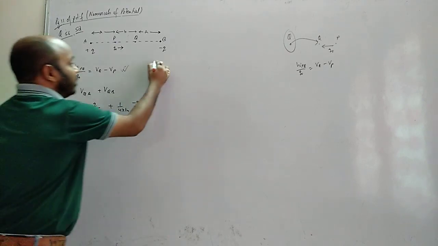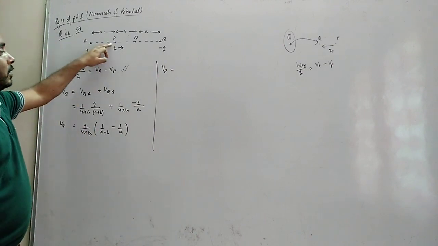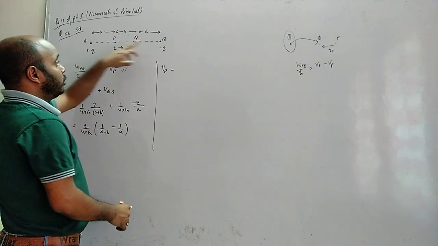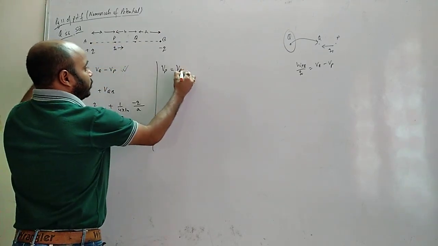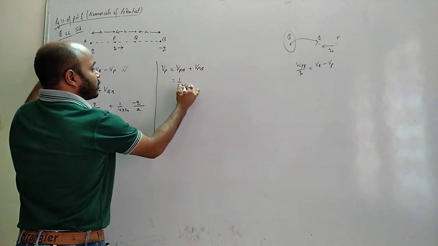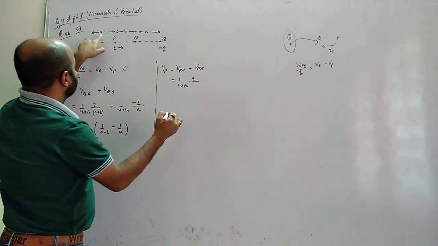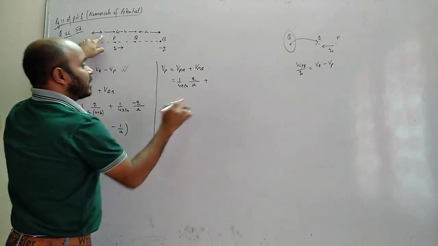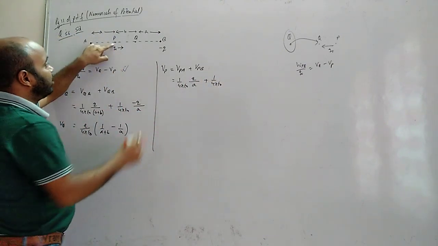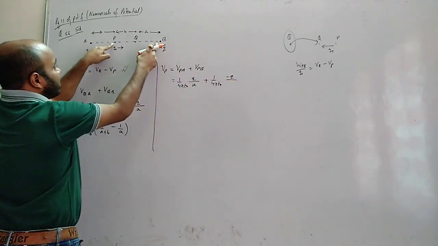Okay. Similarly, potential at P. So we have two potentials at P, one due to this charge and one due to this charge. So potential at P due to A plus potential at P due to B. That is 1 by 4 pi epsilon due to A. The charge of A is Q. What is the distance of A from P? Small a. Plus 1 by 4 pi epsilon, potential at P due to B. The charge at B is how much? Minus Q, divided by the distance, which is a plus b.